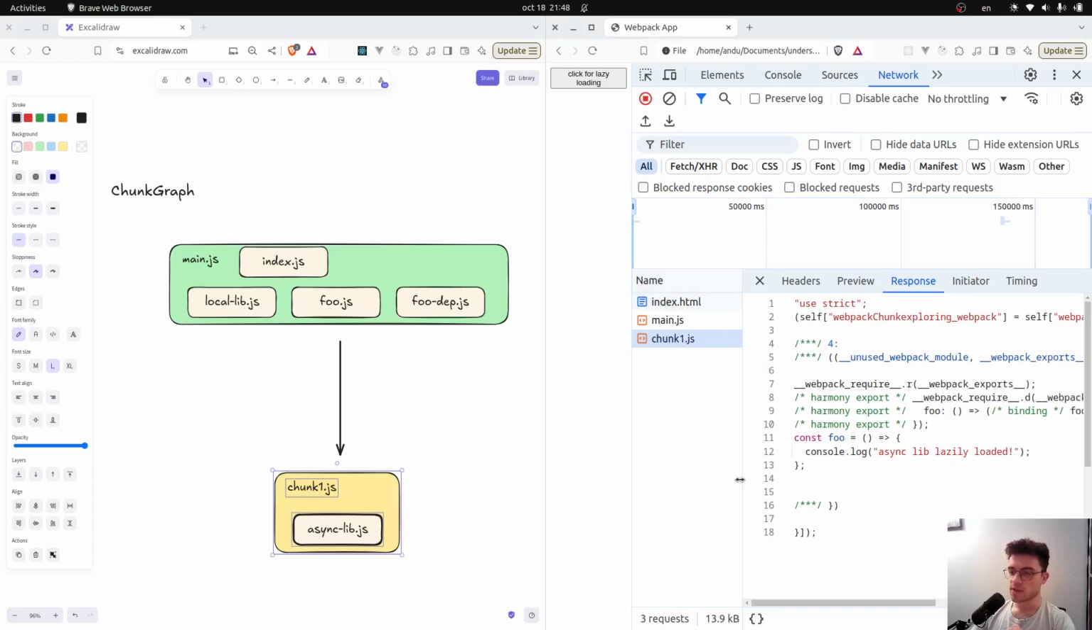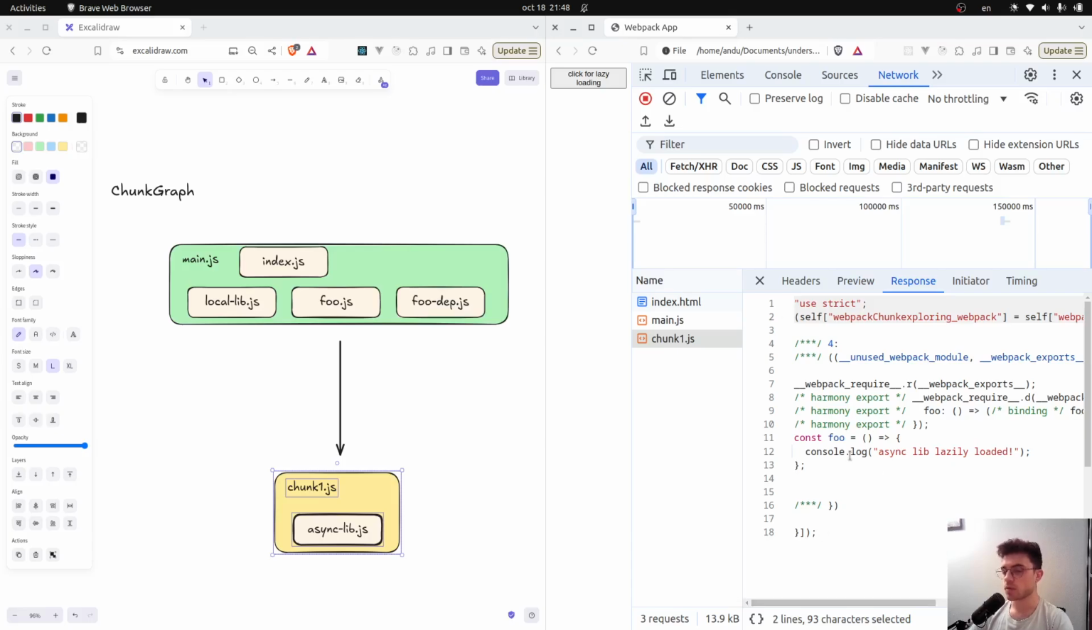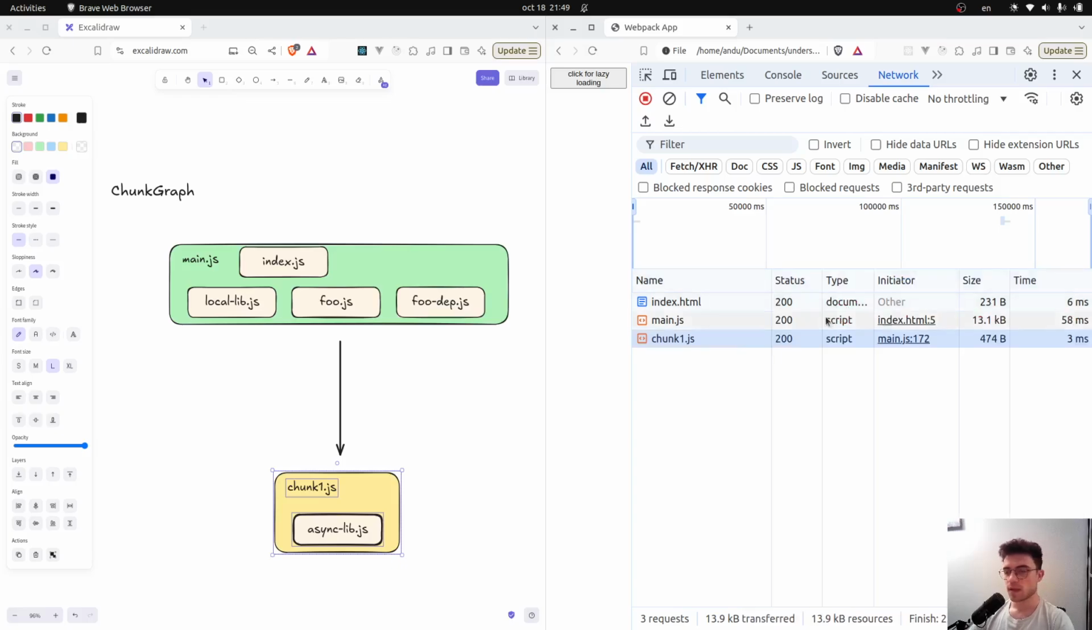But for now, we can see that chunk1.js, which is again a chunk, has some runtime code. This is the code that I'm just highlighting. This will be necessary in order for Webpack to integrate those chunks, basically to connect them so that you can use the modules that have been lazily loaded. And you can also see that this chunk can also contain modules. In this case, it would be async lib.js. Okay. Now let's